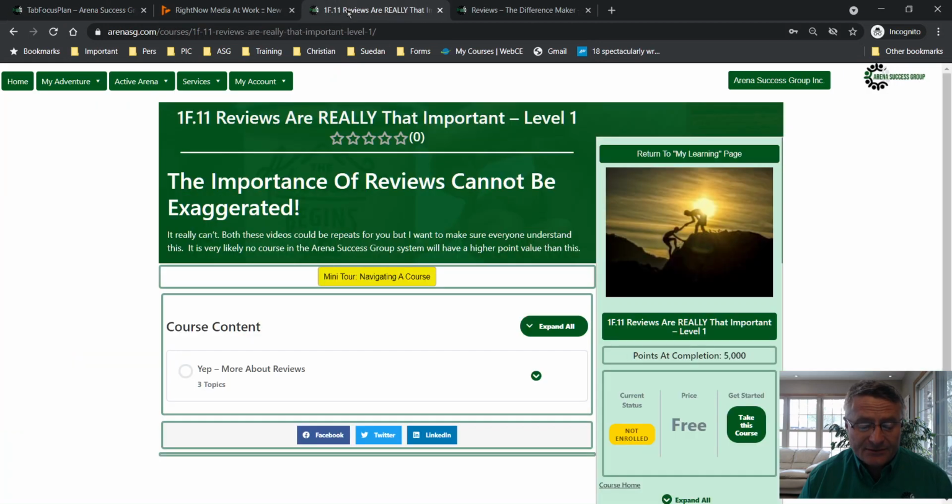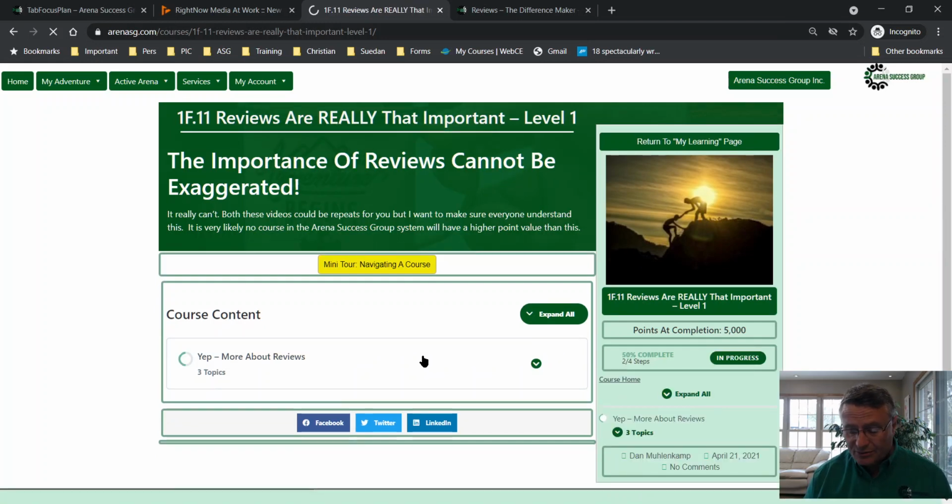Now, in the interest of saving time, I already have this particular lesson brought up. It'll come up like this, and then you should probably take this mini tour on how to navigate a lesson the first time, so you know how to use these online courses. But the short thing is you have to click this button over here and enroll. And when you do, give it just a second to refresh here, and it'll change and show you as enrolled.